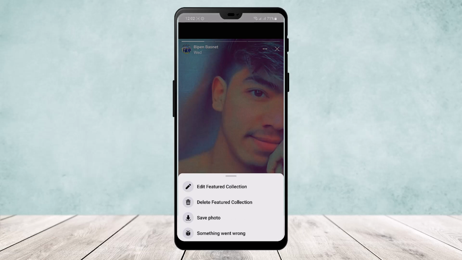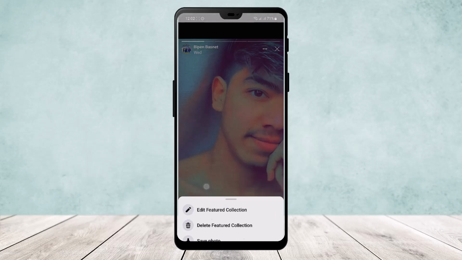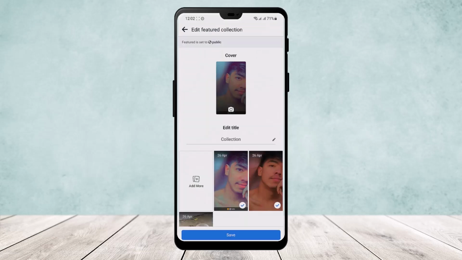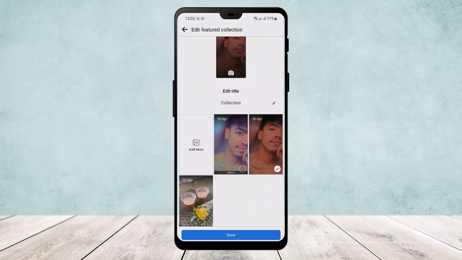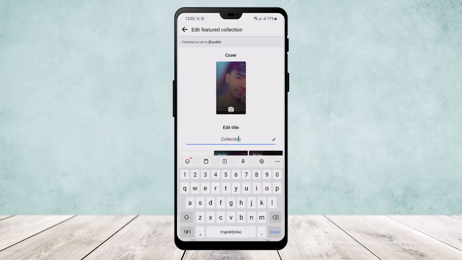And once you tap on it, you'll get various options, and on the top you can see edit featured collection. Now below it you can see to delete your featured collection, you can save the picture, or you can report it. Now tap on edit featured collection, and here you can deselect the pictures, you can reselect it,